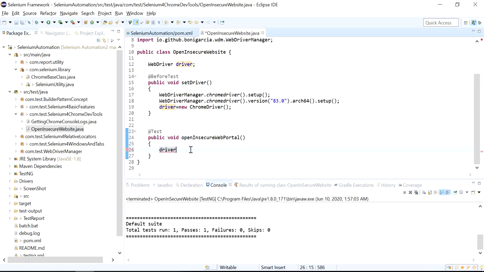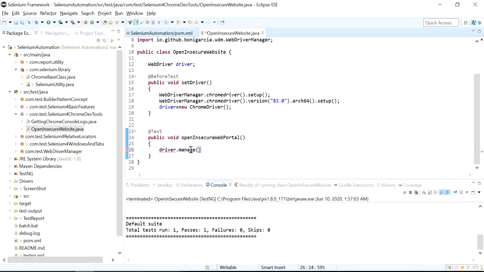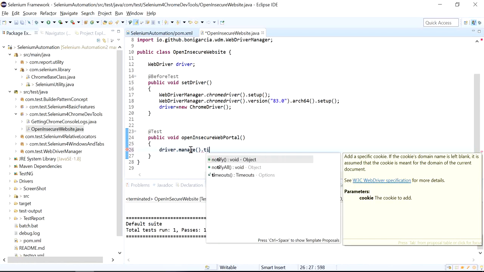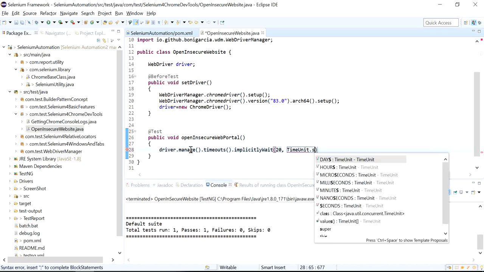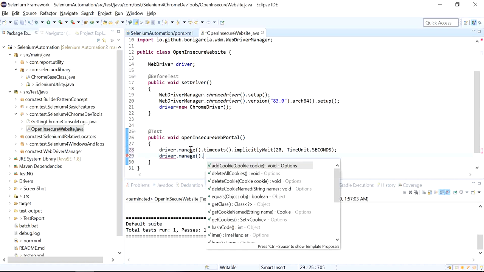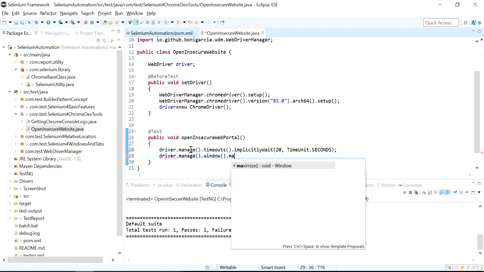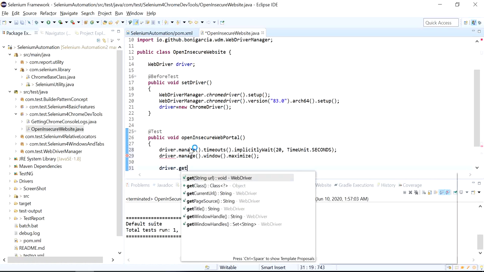I'll say driver dot manage dot timeouts dot implicitlyWait, I will use 20 seconds, TimeUnit dot SECONDS. Then driver dot manage dot window dot maximize, and driver dot get.